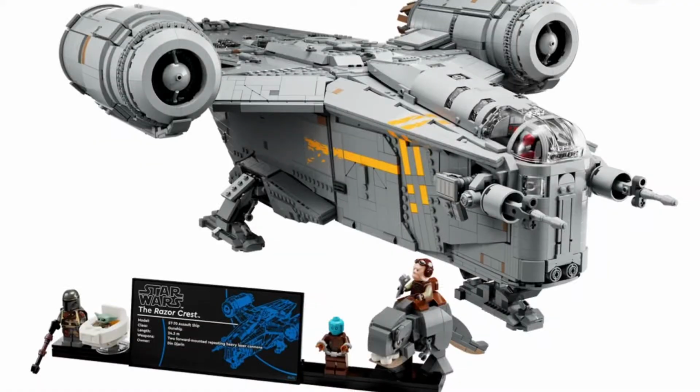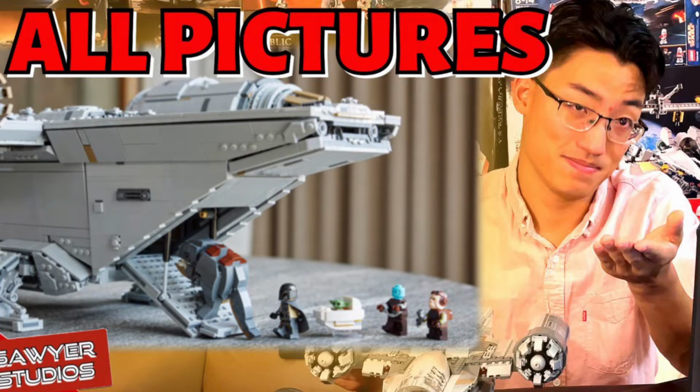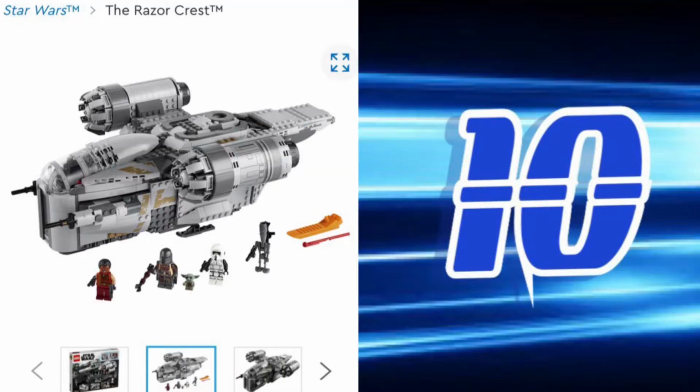Number 10. See, this set, I know the UCS Razor Crest is coming out, and we just got pictures of it, and it looks amazing. However, it is not out yet, so it can't be on this list. However, the original LEGO set of the Razor Crest is on this list, coming in at $139.99 US dollars. Now, this set only has 1,023 pieces, which seemed fine before when it originally was, I believe, just $120. It went up $20. That definitely brought it down on this list, but it's still in the top 10 in my opinion